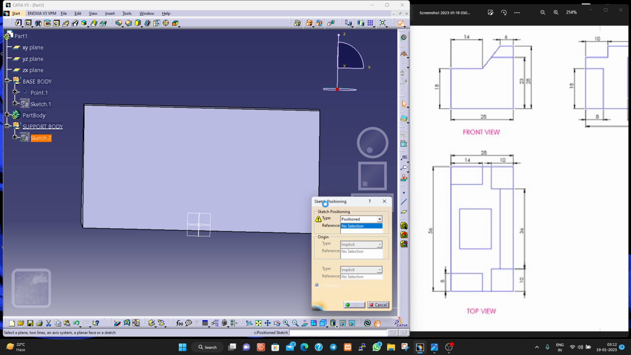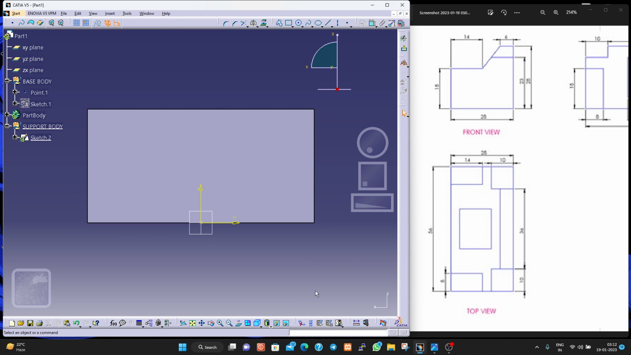So for that we are going to select the position sketch, select the ZX plane, and for the point we are going to use projection point and select the point 1. I don't think we have to do anything with the orientation of that, and let's hit okay. Now we have to select this body and project it on our sketch and convert it into a construction element. It is for the reference,